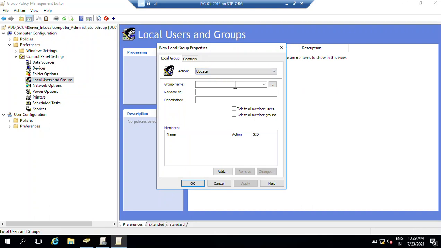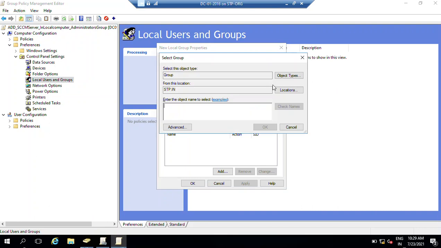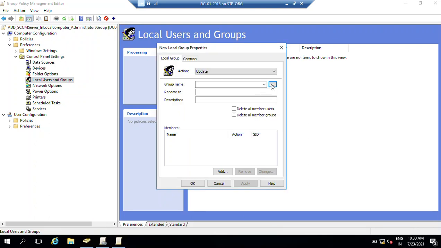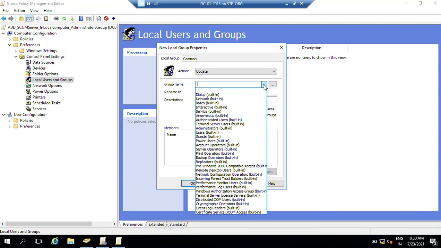Here we are not going to create a new group, we just want to update our existing group. So we don't need to click on browse, we need to scroll down here and select Administrators.